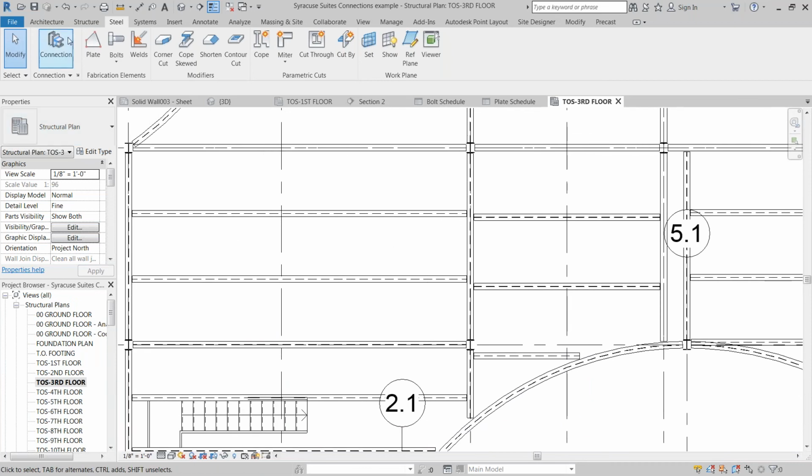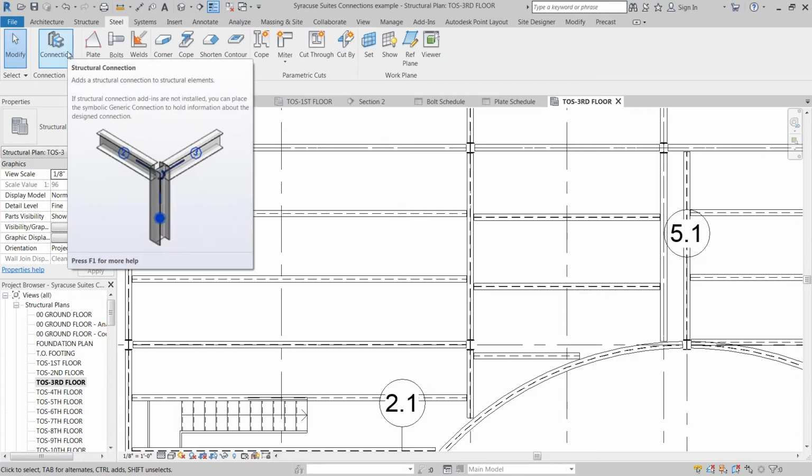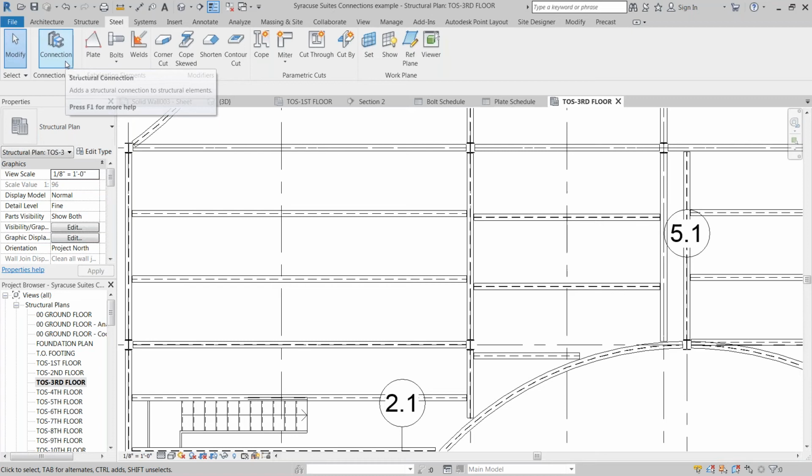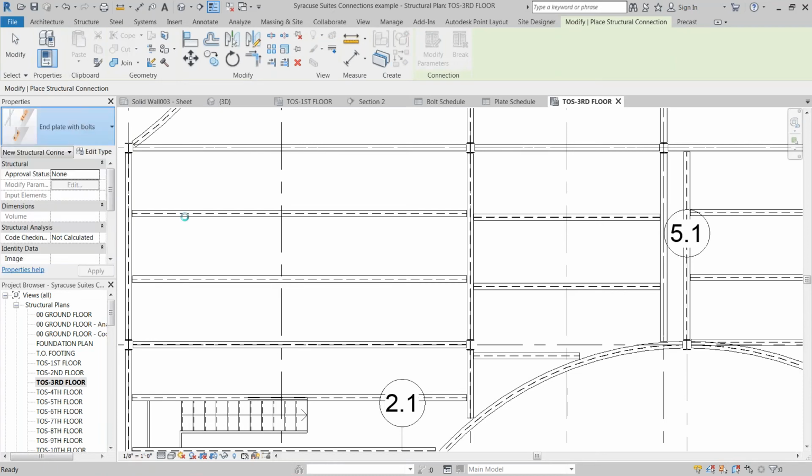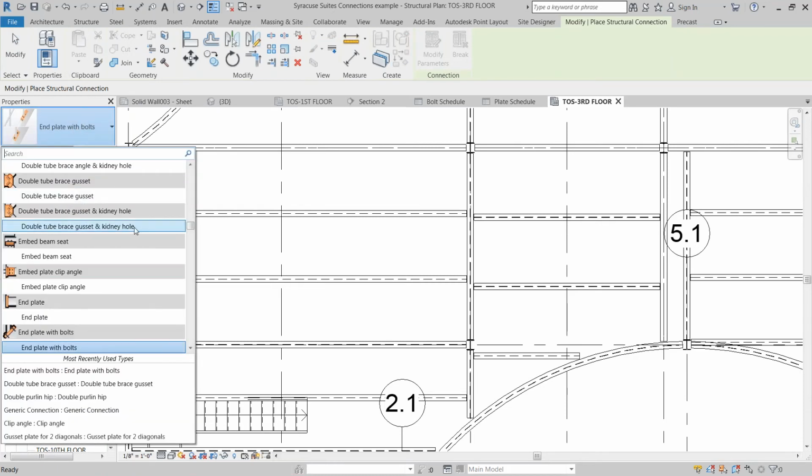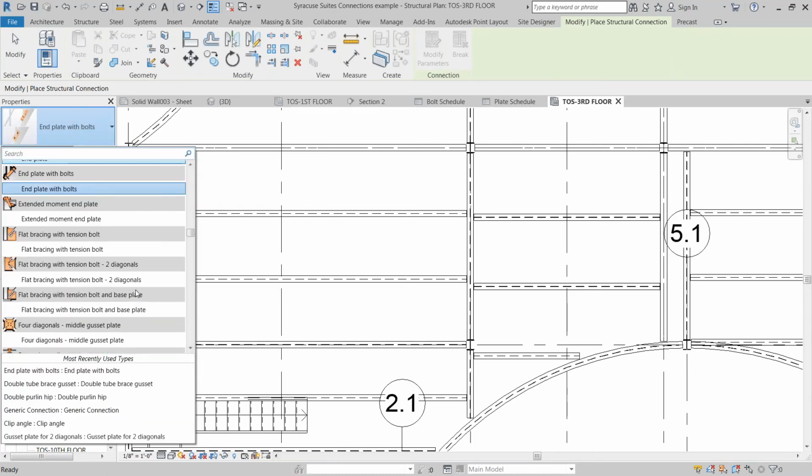So of course, connections were added in 2018. The nice thing about 2019 is that there's no structural connection add-in. You don't have to download it separately. It's automatically downloaded with 19. So that's nice. I mean, that's not too much of a new feature. It is a very, very handy tool. So I'll show you here if I choose to do, let's say,